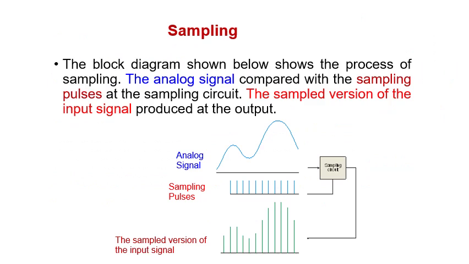Sampling is done by comparing the signal which is to be sampled with sampling pulses. This is the analog signal which I want to convert to digital. To convert it to digital, I need to sample it. Sampling means taking certain discrete values representing it. Now, regardless of the frequency, how is the sampling going to be done? Sampling is going to be done by comparing the signal with these sampling pulses,